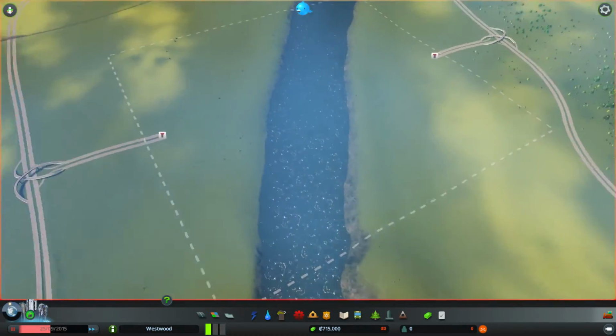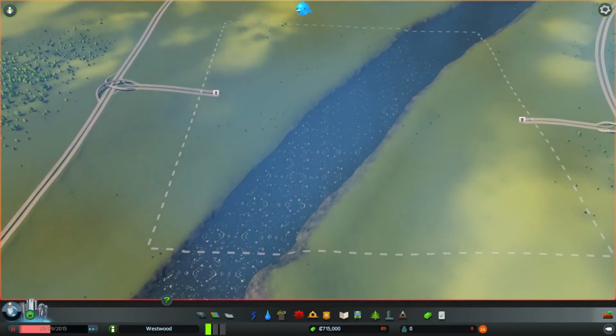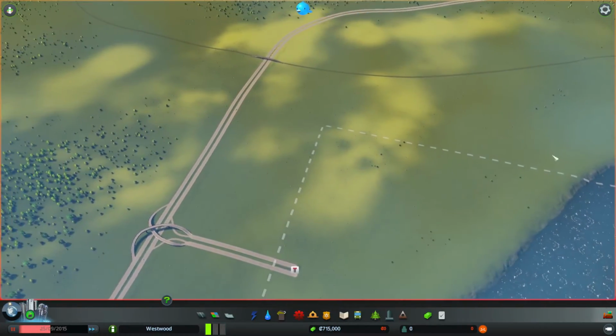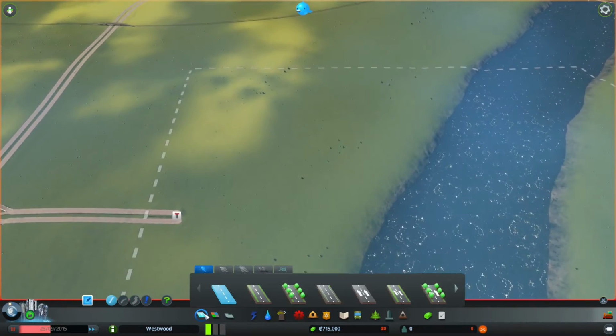WASD controls, of course, pretty simple. Middle mouse button, hold down, you can tilt shift and whatnot with the camera. You can also do this with Q and E. Use, of course, the edge of the screen to scroll. Anyways,